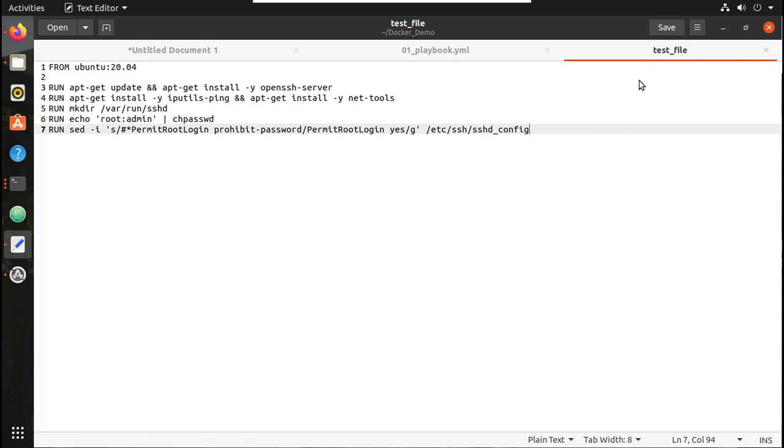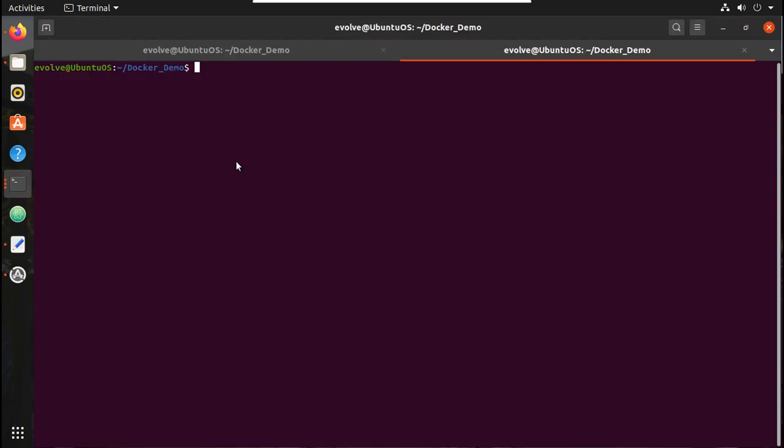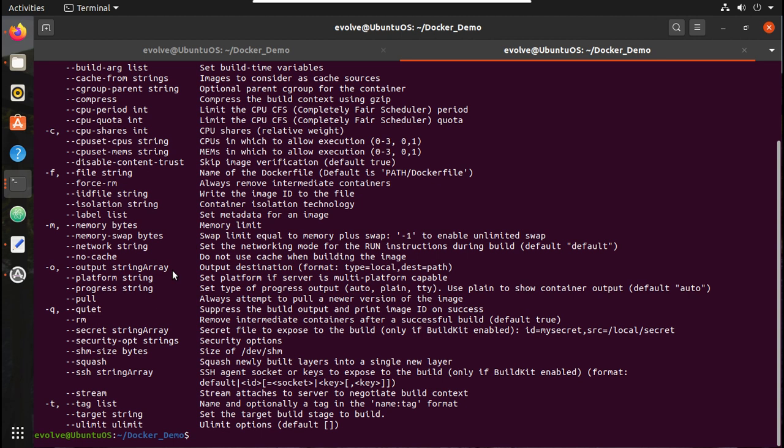Since I am using a custom file name, I need to specify the file name using -f. In docker build, we'll see docker build -h. You can see I need to give -t for the tag, -f for file name.